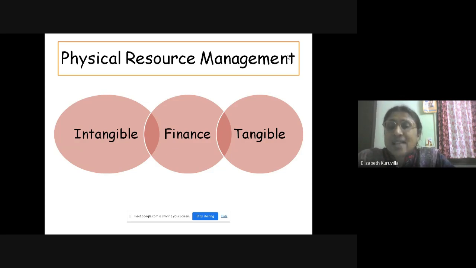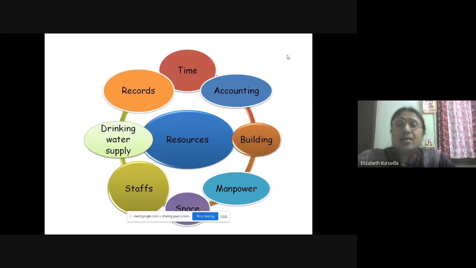Then comes the tangible things. Tangible things means that can be seen with our eyes. Now, I have displayed a variety of resources to you. Now, I request James to read all these resources from time onwards.